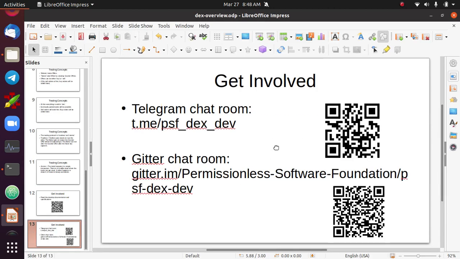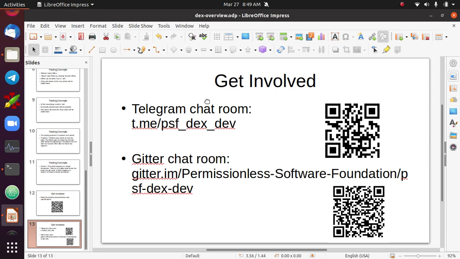We also have some chat rooms set up, so these QR codes have these links in them. We have a Telegram chat room, and then we have a Gitter chat room. Gitter is a chat; there's another social media thing called Gitter, and that's not what I'm talking about. This is a chat room for software developers. It's been around for a number of years, and it's basically an extension of GitHub. So we have these two different chat rooms. This one you can just access from a web browser. This one's Telegram, so it requires the Telegram app or some other way of getting access to Telegram, and they're bridged. So anything that somebody puts in one will show up in the other.